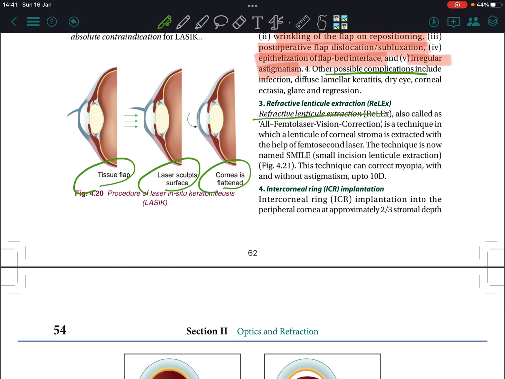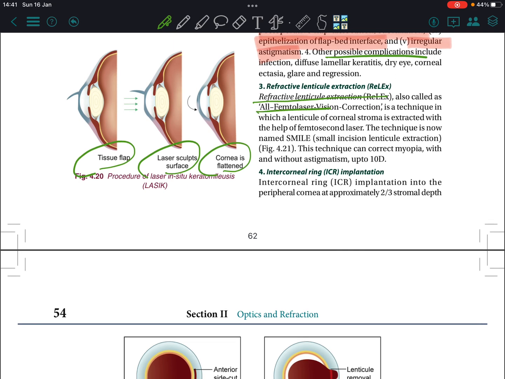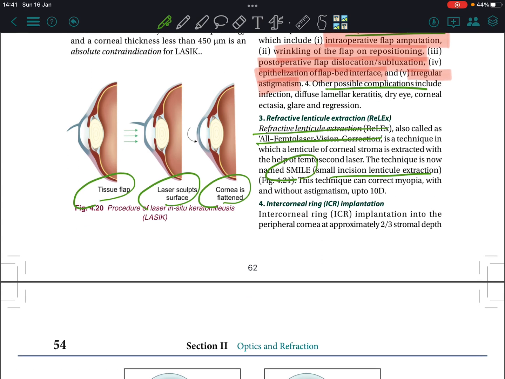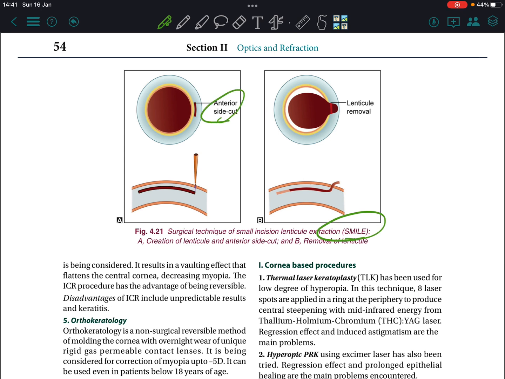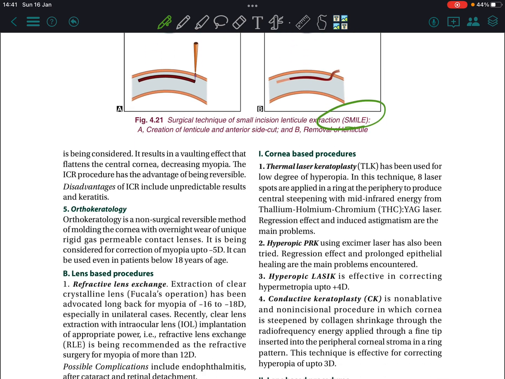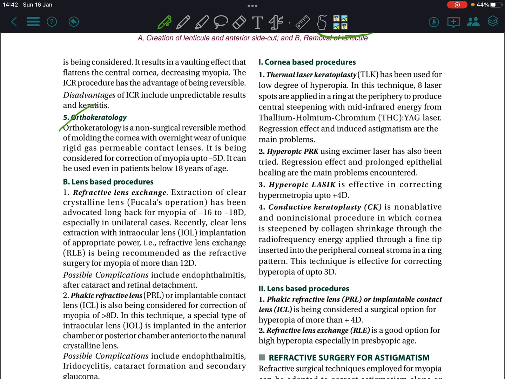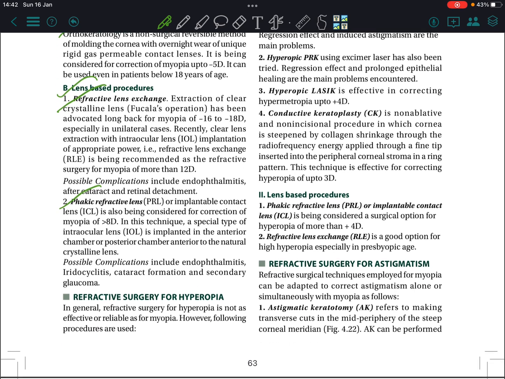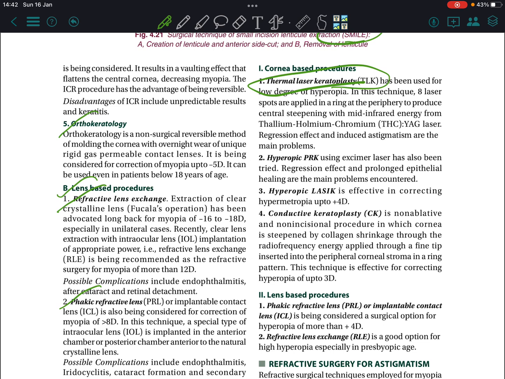Refractive lenticular extraction. The technique is now named SMILE, small incision lenticular extraction. SMILE: anterior side, lenticular removal. Orthokeratology. Lens-based procedures: refractive lens exchange, phakic refractive lens. Refractive surgery for hyperopia, corneal-based procedures: thermal laser keratoplasty,